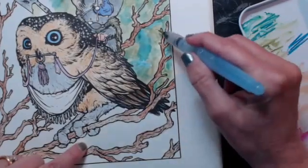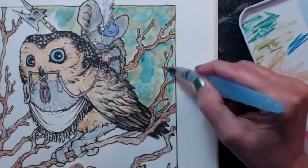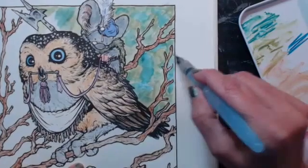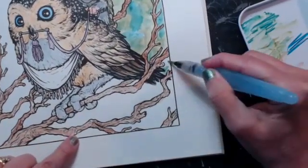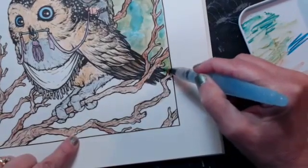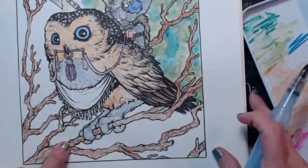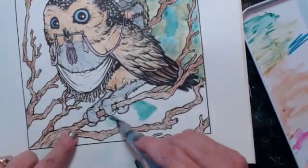And then we'll shade around the individual little bits, to make it look like those branches are going into the tree. But we'll do that later. Right now, I just want to get the background in. Like the colors? Good, guys. So I'm just going to put some blotches of